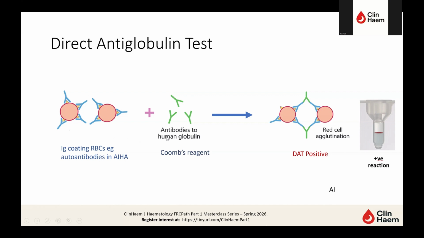Now, why is this positive? Simply because the patient's cells were already coated with an autoantibody, and this reagent was able to bring them together and cause cell agglutination, and this is a positive DAT. So you would have been happy days here, you do one test and say, okay, autoimmune hemolysis is diagnosed and sorted. Let's go home. But